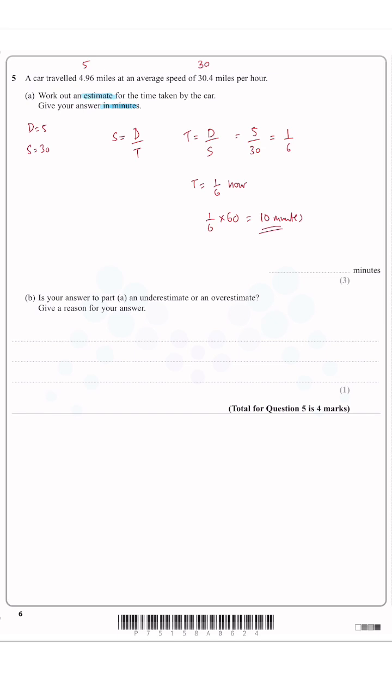Part B, it says, is your answer to part A an underestimate or overestimate? Now, the top number, which was my distance, I've rounded distance to 5, so I've rounded up. And then I've rounded my speed to 30. So I've rounded one up and I've rounded the other one down. So that gives me an overestimate